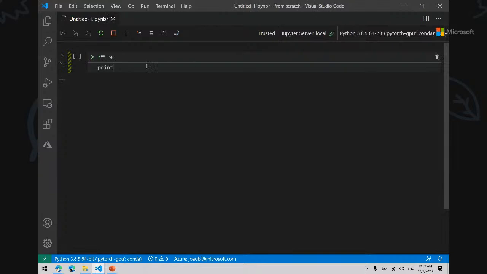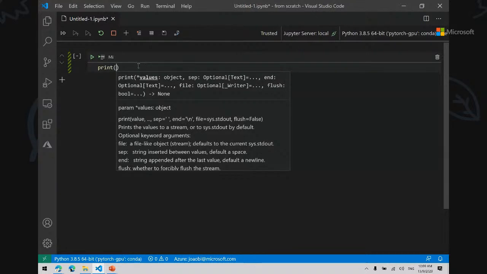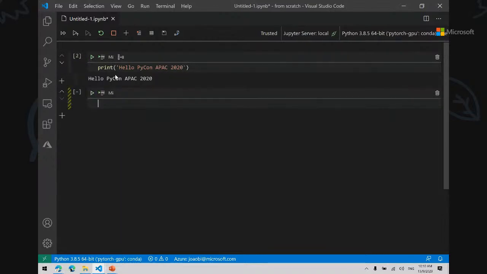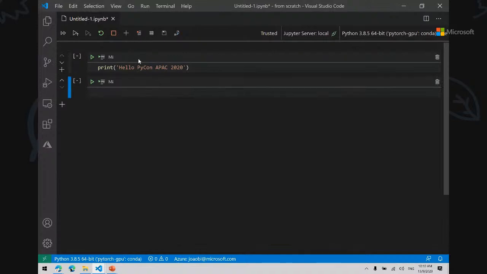And here I can do the same I was doing before. I can do a print. And as you can see, again, IntelliSense also works within the Jupyter Notebook. And here I can do two things. One obviously is the usual control enter that we're used to. I can also run it through here, through the play menu. What you'll see here on top, obviously, are the icons you expect to see on the Jupyter Notebook interface. You have the ability to run all cells, restart the kernel, stop the kernel, add one cell underneath, clear all the outputs, and several others that we'll explore a little bit later.